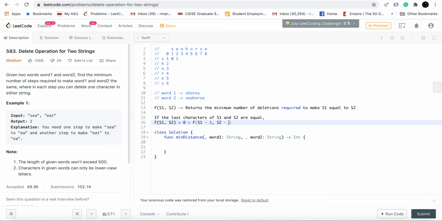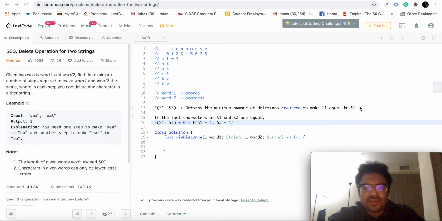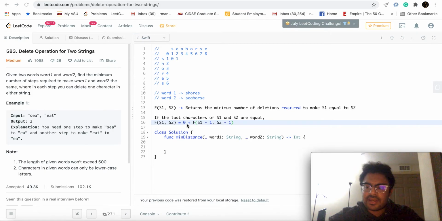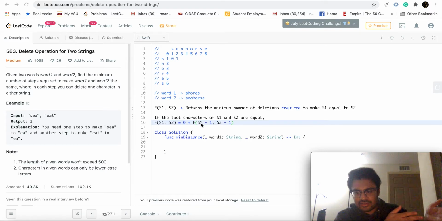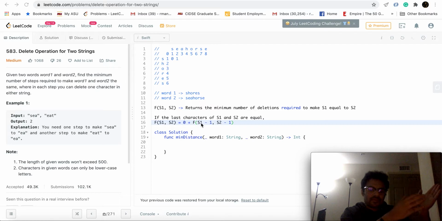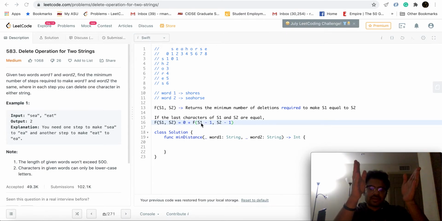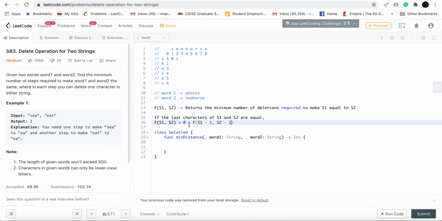I haven't written the parameters properly, but for the sake of explanation, let us assume that's what s1 and s2 are. So if the last two characters are equal, we don't have to make any deletions. That's why I've added the 0. And so basically we will then try to find the most optimal solution for the rest of the string, meaning ignore that last character, that is already equal. Find the optimum solution for strings s1 minus 1 and s2 minus 1, like the remaining string for s1 and the remaining string for s2. And we can just remove this 0 because we don't need that.